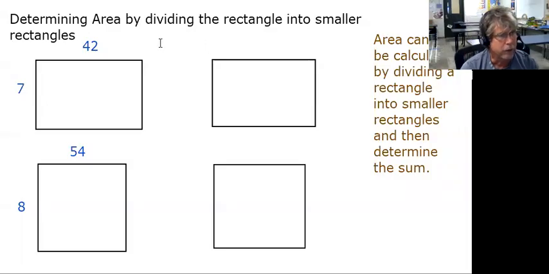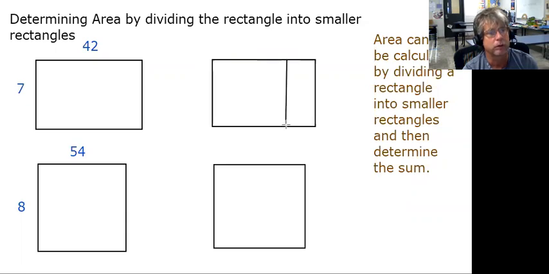Another way to determine area is by dividing the rectangle into smaller rectangles. So notice how we have a 7 by 42 rectangle. Again, the formula says you can just multiply 42 times 7. But to take it to another level of reasoning, what you're allowed to do is break this into smaller rectangles. The way we're going to do that is I'm going to keep the 7, but I'm going to break the 42 into